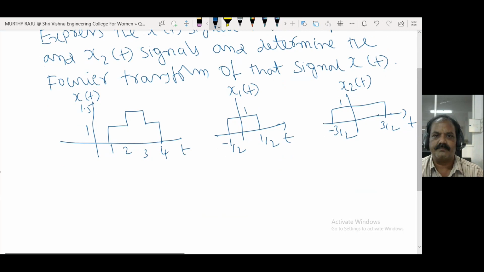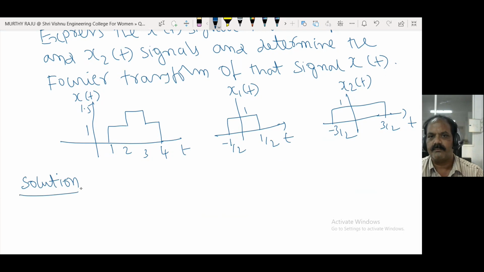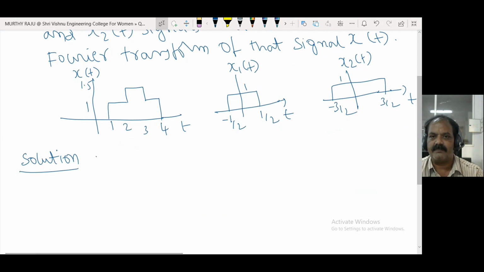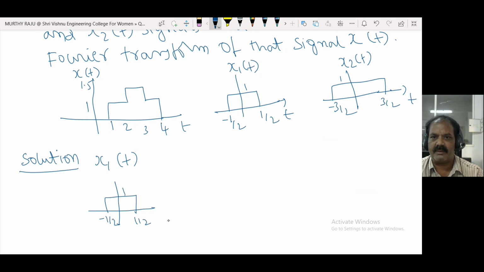Solution is: consider x1 of t. Here -1/2, 1/2. Here 1, x1 of t. Okay, change it to here 2 and 3. Here these are the second and the third values. This implies